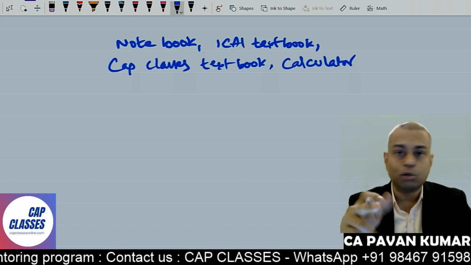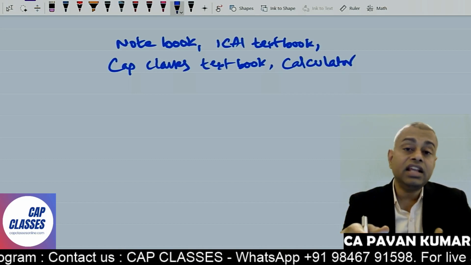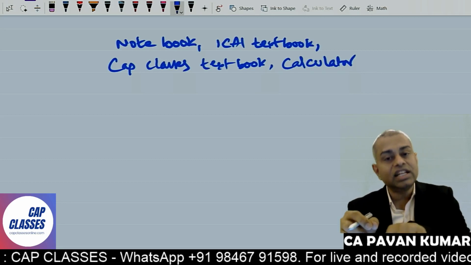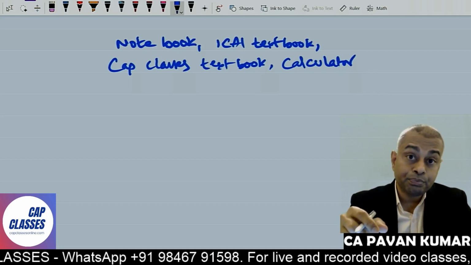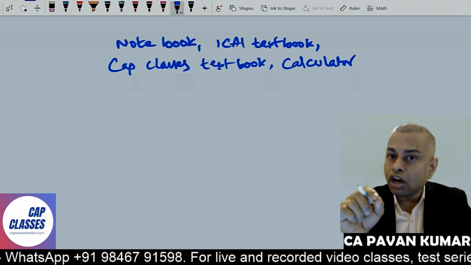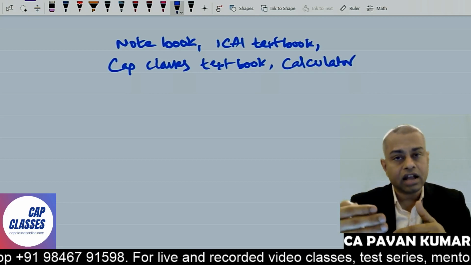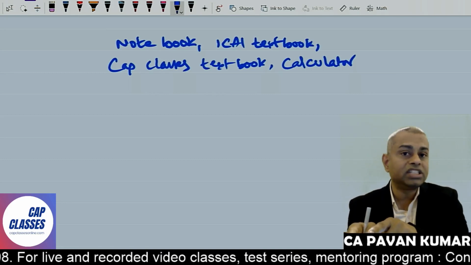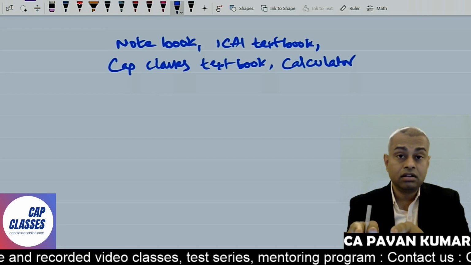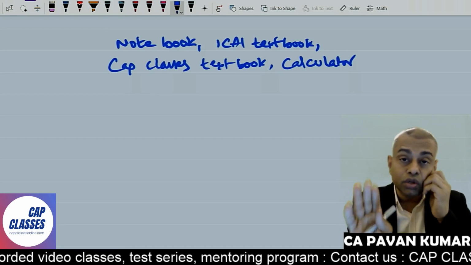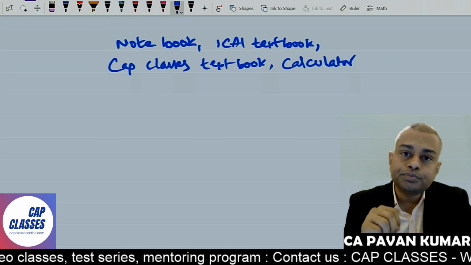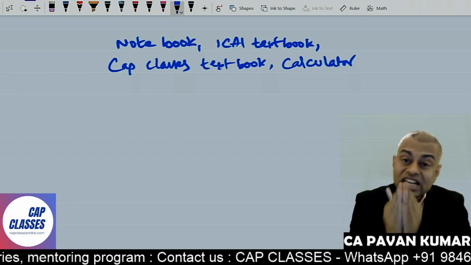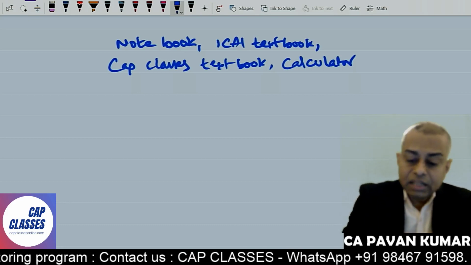Because of two reasons. One, mobile is not allowed in the exam hall. Second, the way the calculator works in mobile is different from an actual calculator. You will get so many wrong answers if you do not know how to calculate. I know how to calculate using a mobile calculator also, so I will not make a mistake. But out of 100 calculations you do, 40 will be wrong, I'm telling you, because you do not know the logic. So use only a business calculator. These are the prerequisites.